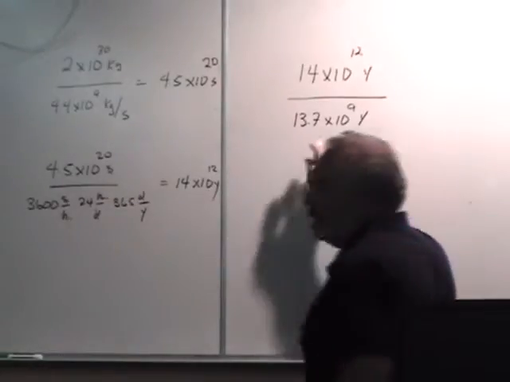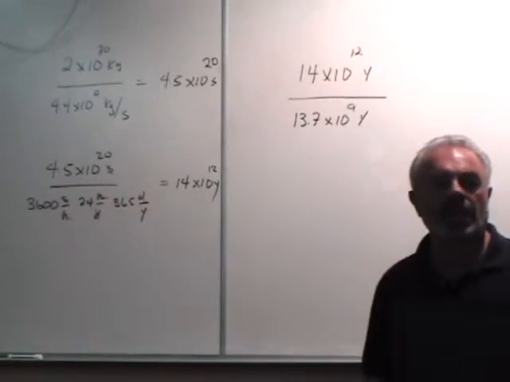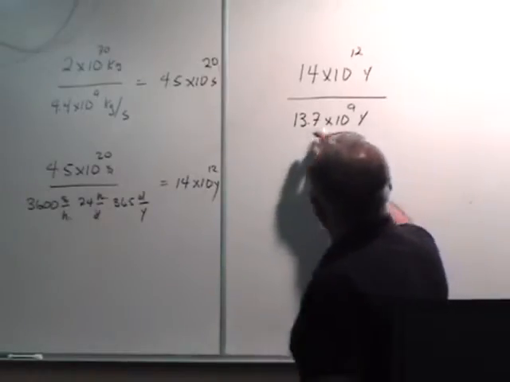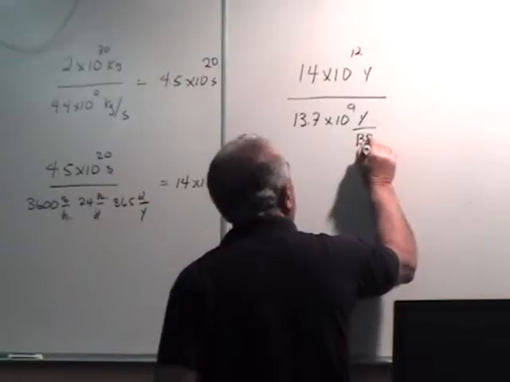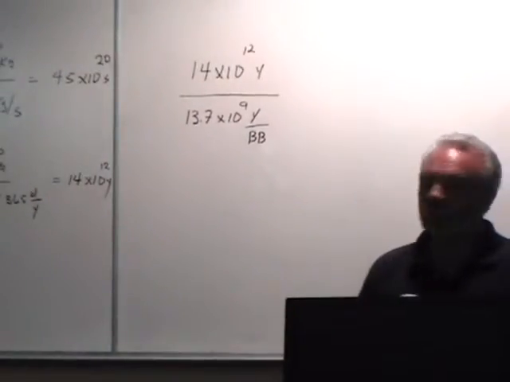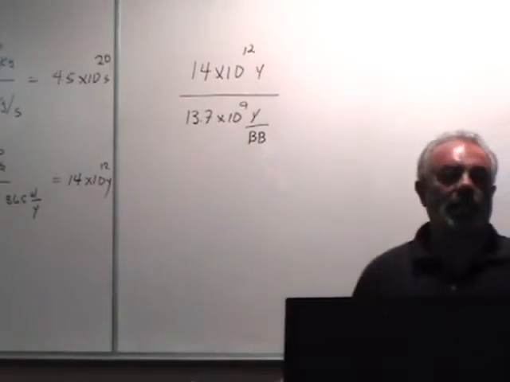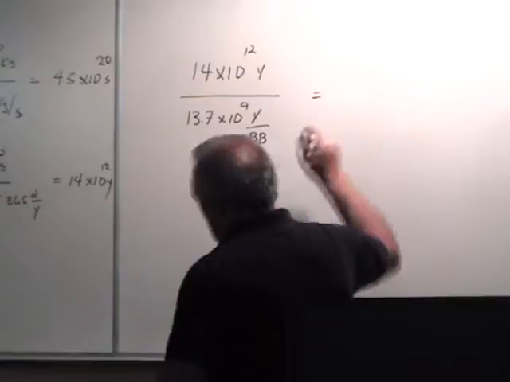Does anybody recognize that number? That's how long the universe has been in existence. So I said 13.7 times 10 to the 9th years per Big Bang. That's how long the universe has been around. So this number will represent a Big Bang. So if we do this division, I get